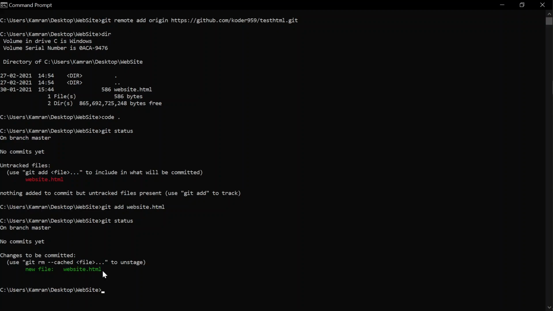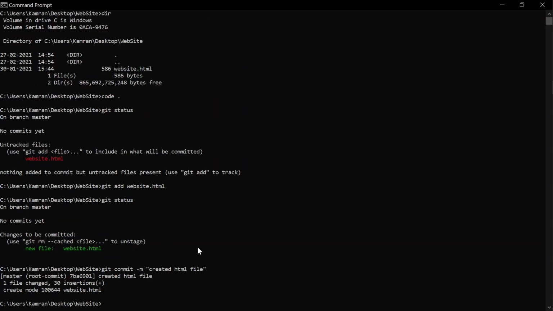Now we have to commit this file, so you run git commit. This will commit this file or this change, and you have to add a message with it. Why are we adding a message? We are going to make multiple commits, right? So we attach a message with each commit so that we can differentiate between the commits. The message should be related to the changes you have made in this commit. Let's say, created HTML file. So in this commit we are saying that we have created the file.